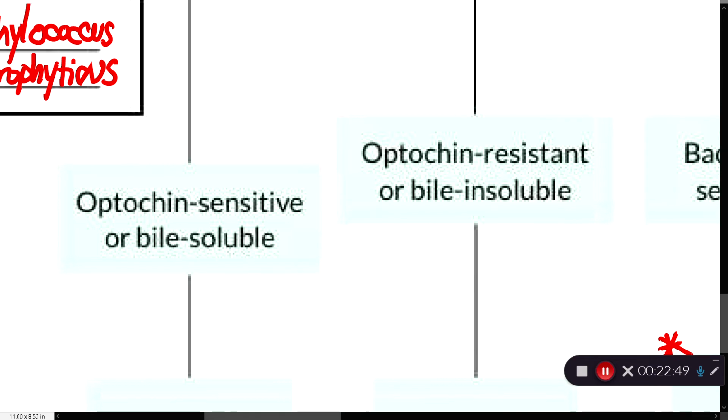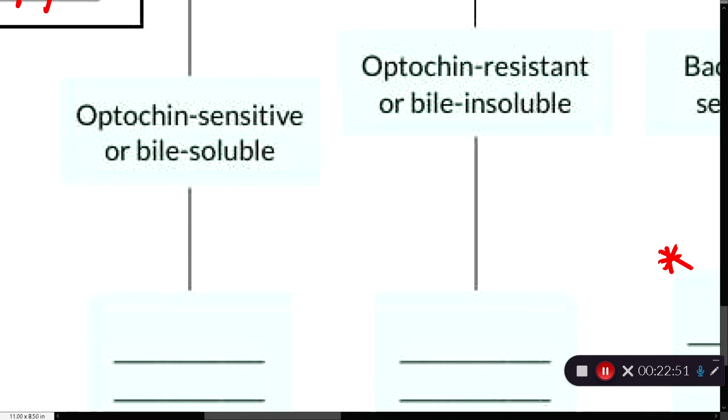We then might want to take a look at whether the organism is sensitive to the antibiotic optochin, and or whether the organism will be soluble in bile, whether it will dissolve in bile, okay? So if it's optochin sensitive and it's soluble in bile, that means this is going to be our etiologic agent of